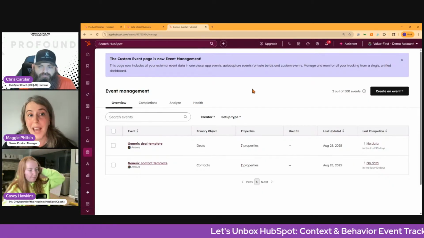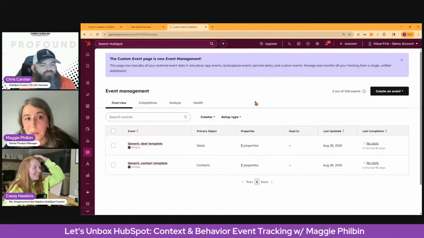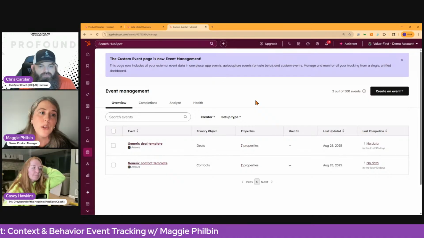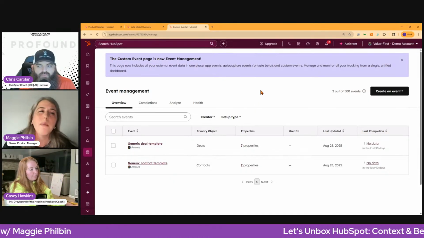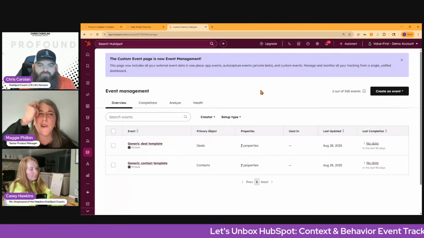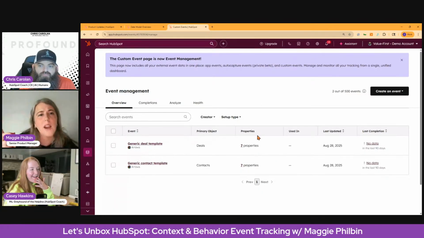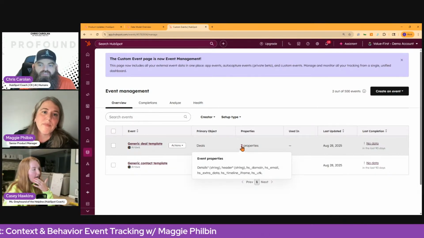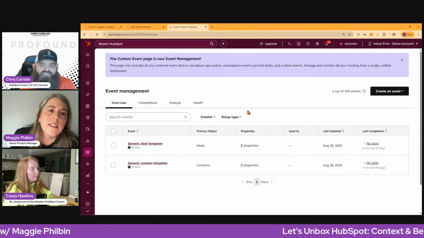What could be better here, and we're actually working with Arrows on this, so I don't feel bad about saying it, is Arrows probably needs to update the names of these events so that it's easier for you as a user to understand what they actually are. Because you can probably logic through that this is something Arrows is sending to deals. I know what that is because I know what my Arrows app does, but it would be a lot more useful if the name was a lot more clear. What I want to point you to, though, is that you can now use this data.